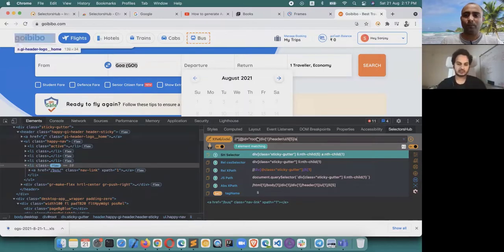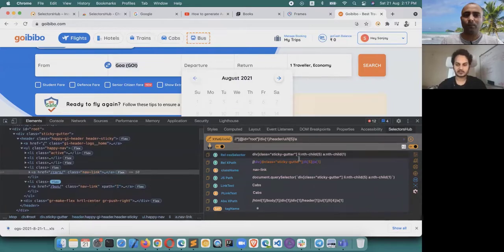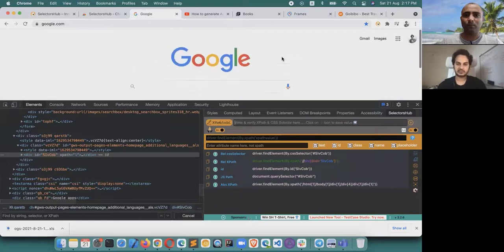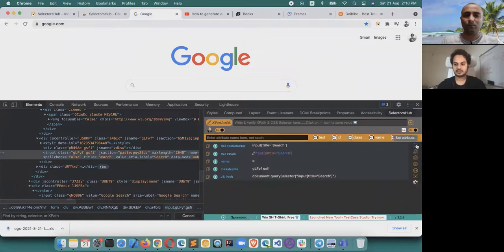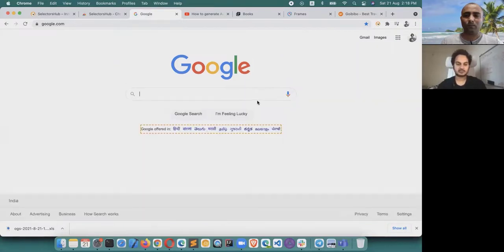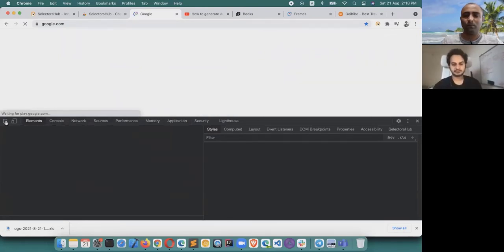Let me show you on this window. This is much clearer and cleaner. Suppose we have inspected an element here, the Google search element on the page.